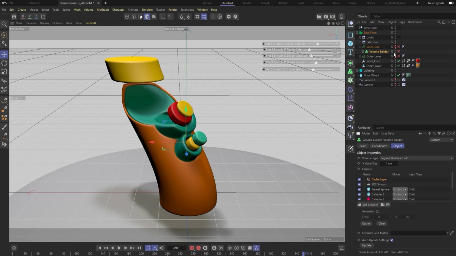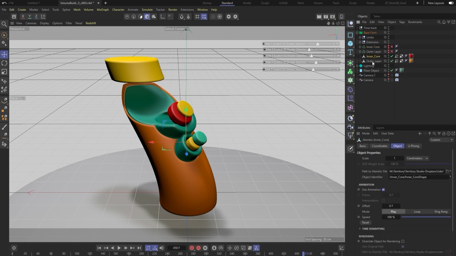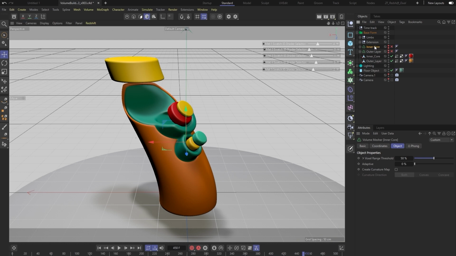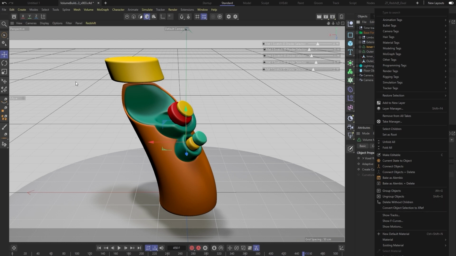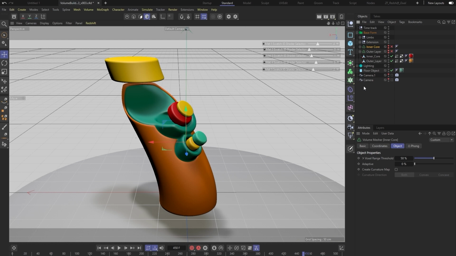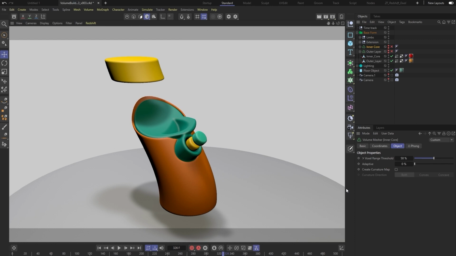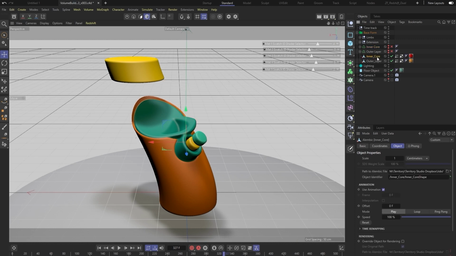So alternatively, when you think you've got an object that you like, it is preferable to, when the animation's ready, right click and bake as Alembic. It will save an Alembic file of the mesh you've created, and then it will automatically drop it into your timeline here or into your object list, and it will allow you to easily scrub through, and it will be saved as a separate file, allowing your progress inside here to not be stunted by too much memory being used.